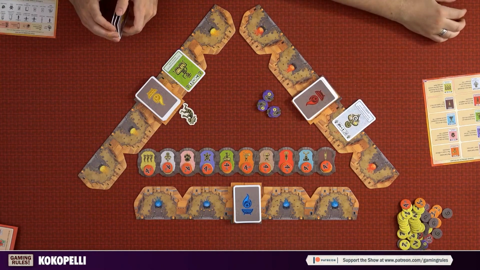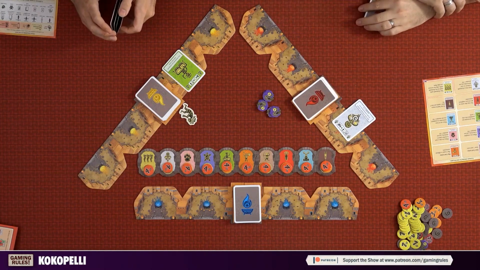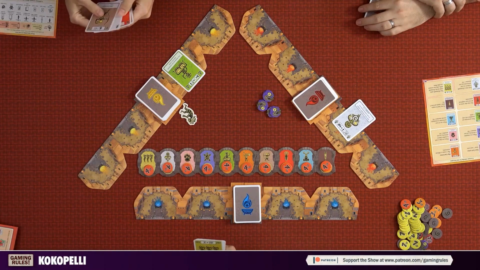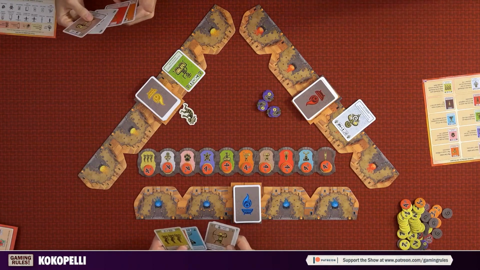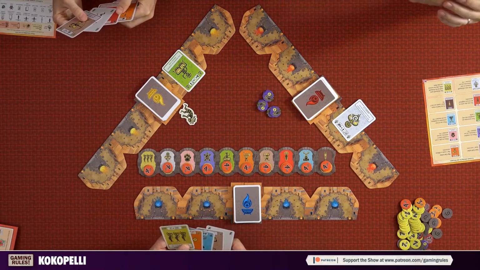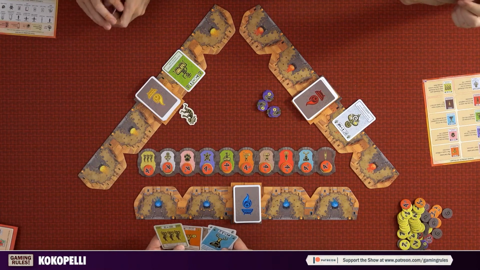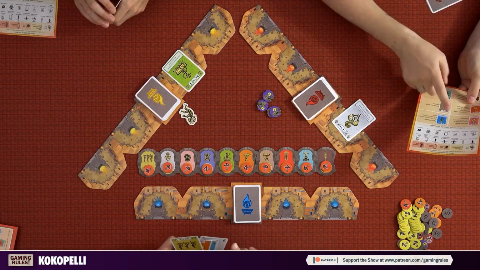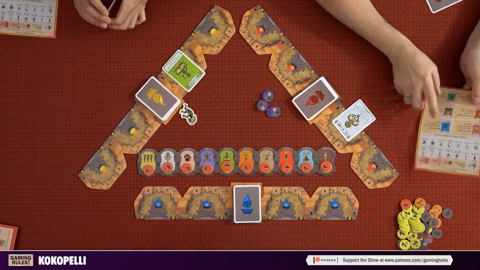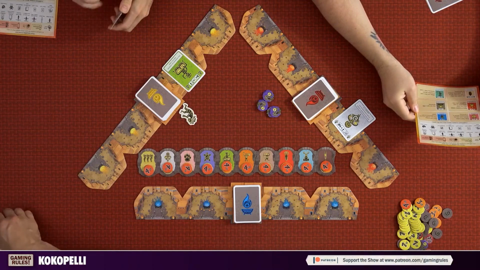Each time a Kokopelli is played on your ceremonies, you're awarded 1 VP. I get 2 actions. So do it. Don't do it. I haven't got a clue. I know what I'm doing. Is there a hand limit, you say? There's 5. Yes, that's right. We talked about this before we started, but if at the end of your turn...